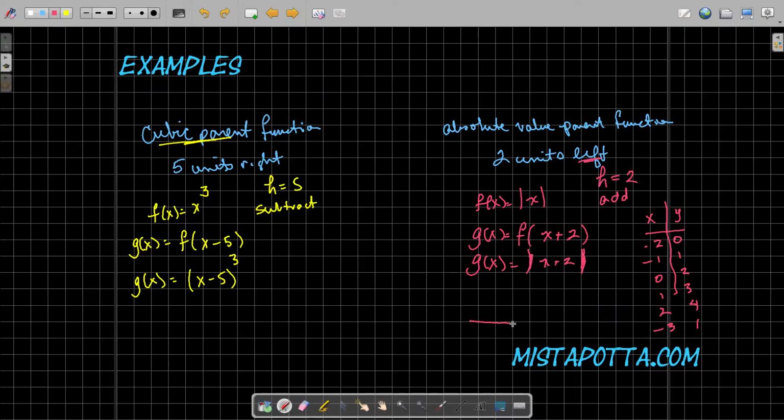So in other words, normally my graph would lie here, centered at the origin. But because of this shift 2 units to the left, my origin is really here at x equals -2. -1 gives me a positive 1. 0 gives me a 2. So this is the right branch of the absolute value. -3 gives me a 1. So this is my left branch of absolute value. And notice what's happened is that this V that we had here, our original parent function, has been shifted 2